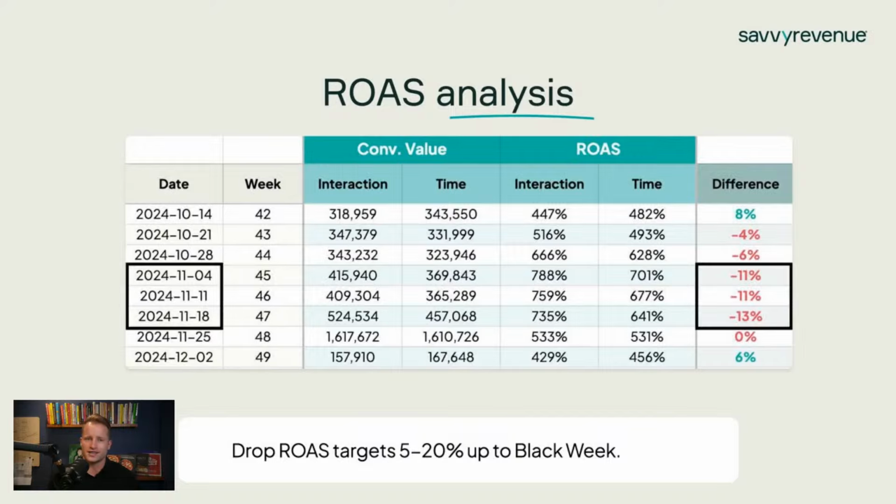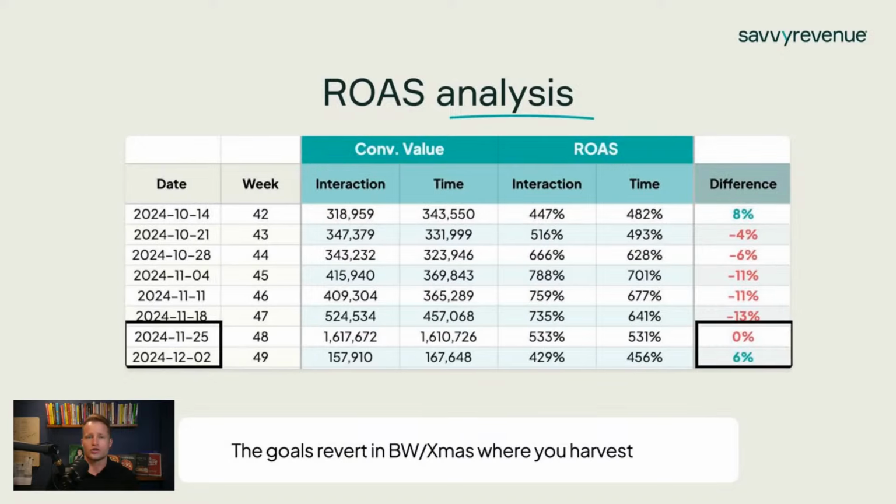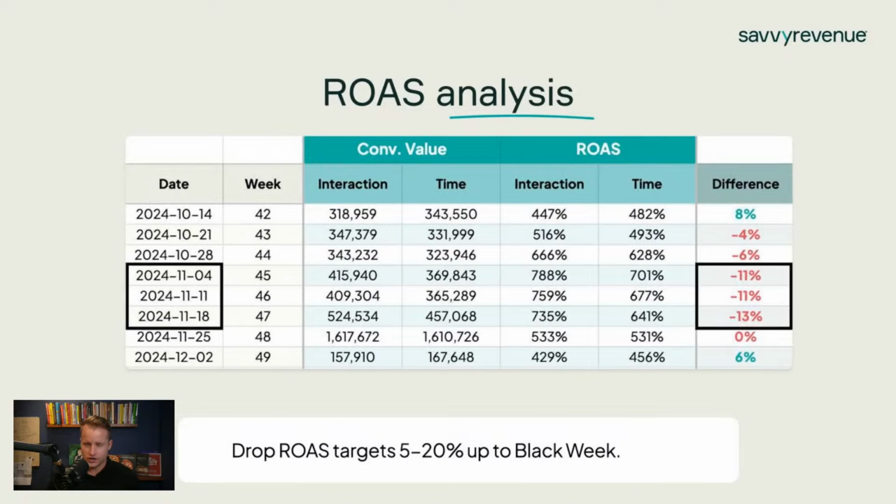So what we'll use this for is that the weeks up to Black Week, I want everybody in Savvy to drop ROAS targets if the numbers in their account from last year look exactly like this. Then what I want them to do is once you go over into Black Week and Christmas, then I want us to sustain that. Then I want to go back to the ROAS targets before, and I want them to actually increase back to it. It depends on how aggressive the lower targets were. In this case, I am going to increase the ROAS targets on Monday in Black Week because it's only a 10% difference. But this shows me that throughout the weeks before Black Week last year, you can see here where I was at 788, 759, 735.